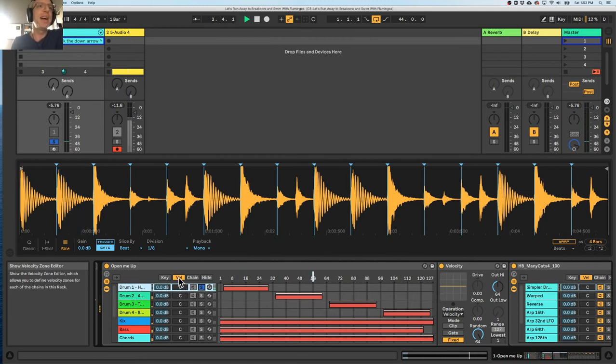And it's divided up in the same way with velocities set for particular ranges. So we can see that the notes here are coming in with random velocities. And when they are in this range,